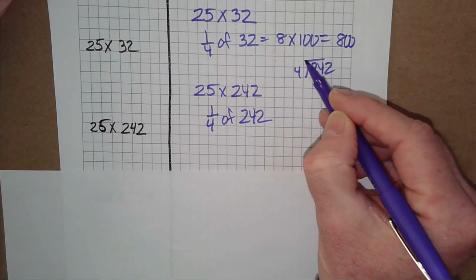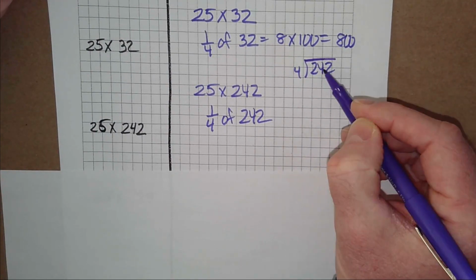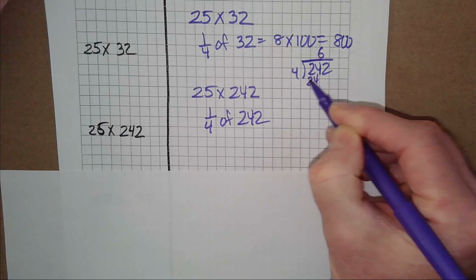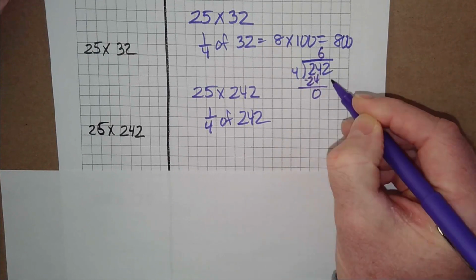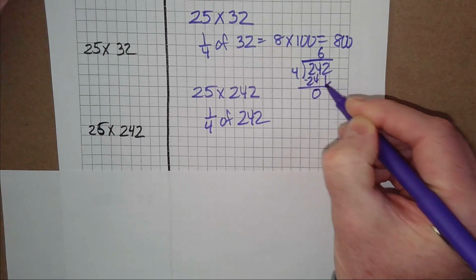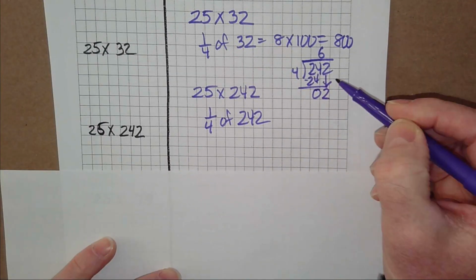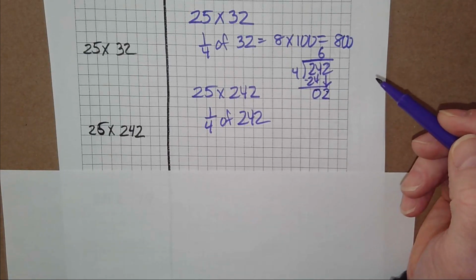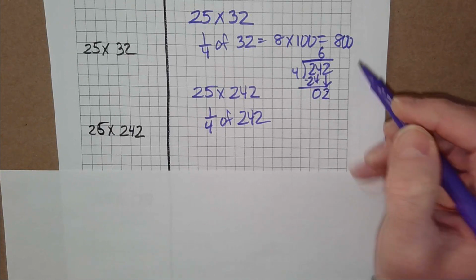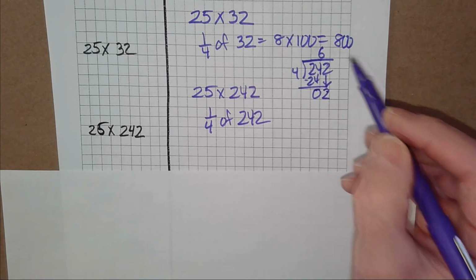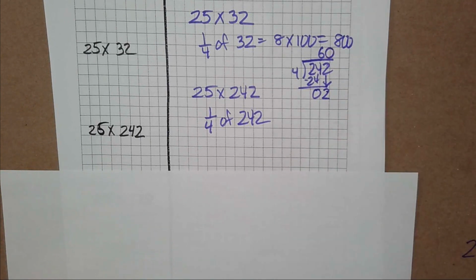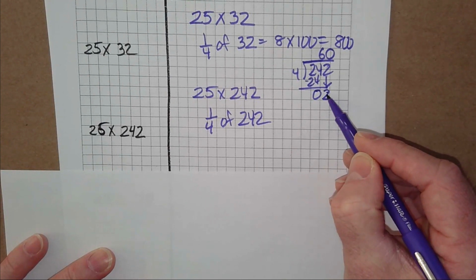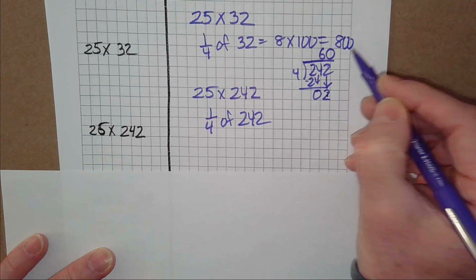For those of you that didn't see why it's 60 and a half, let's look. How many 4s fit into 24, everybody? 6. And you multiply, and we get 0. And then after you get 0, you bring the 2 down. And remember that thing that we forget sometimes. When you bring a number down and you still can't divide, what do you have to do? John? You have to place the 0 in the quotient. If you forget that, then it's going to be completely wrong. And then we have what left over? 2/4, which is a half, which is